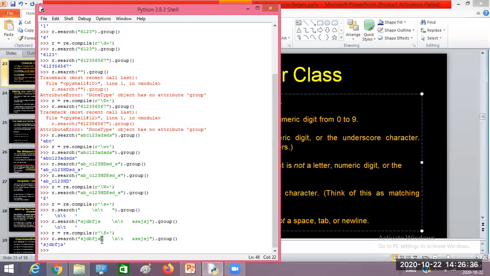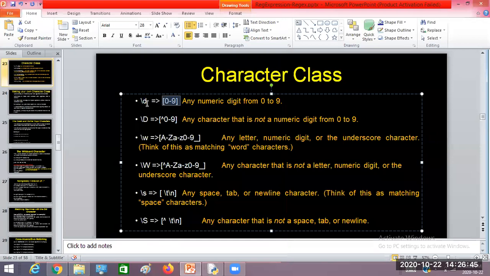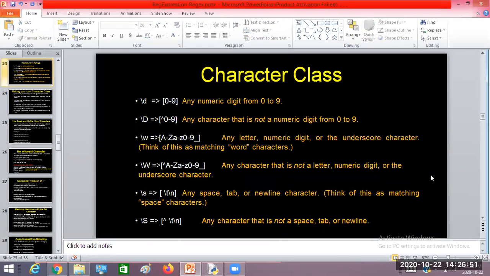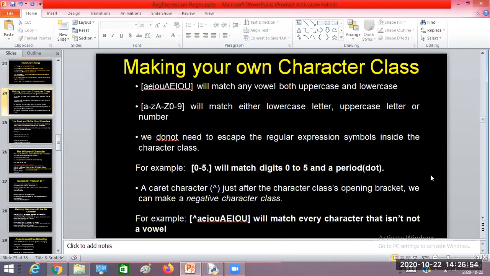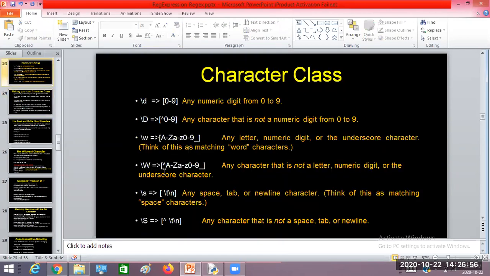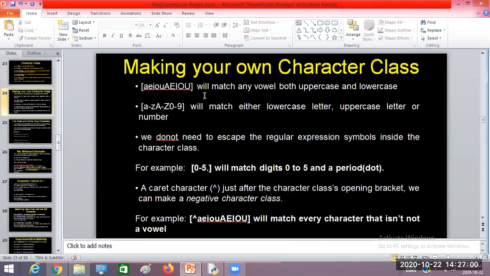So is that clear? All these character classes? Do you understand these character classes? Slash d, capital D, small w, capital W, small s, capital S. Yes, sir. Then these are all existing shorthand representations of the character classes. Likewise, if you want to create your own character class as per your requirement, I'll take examples later.